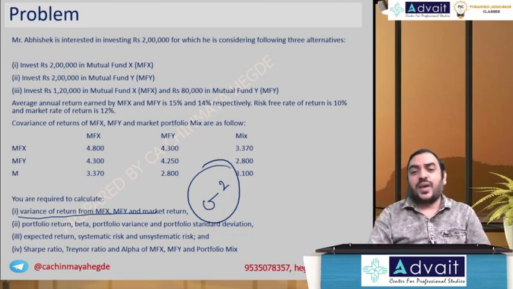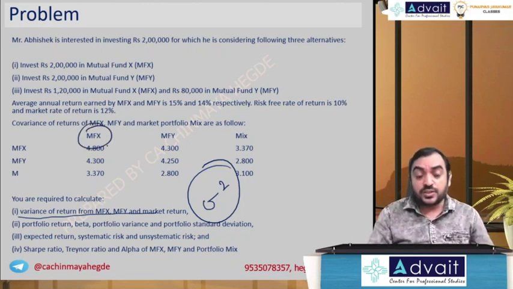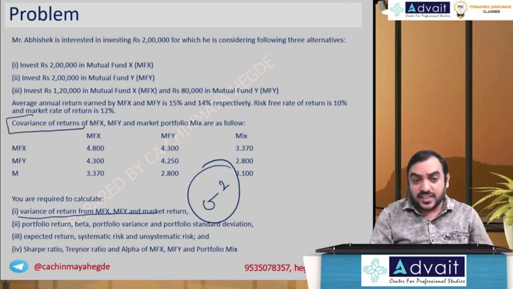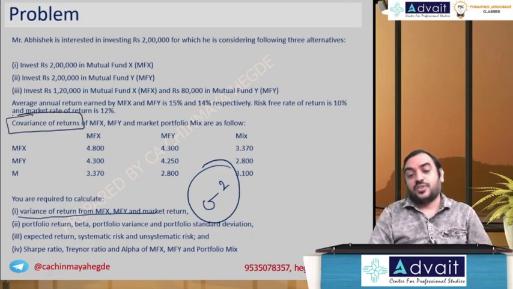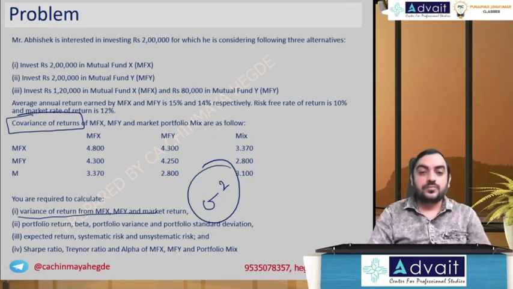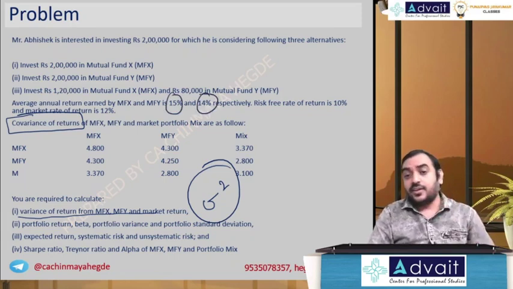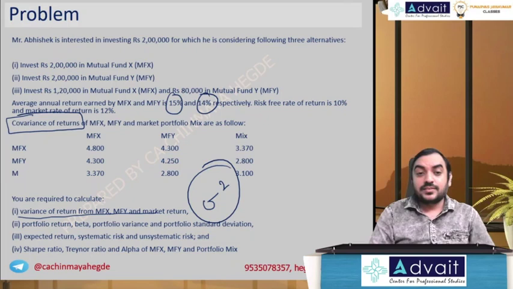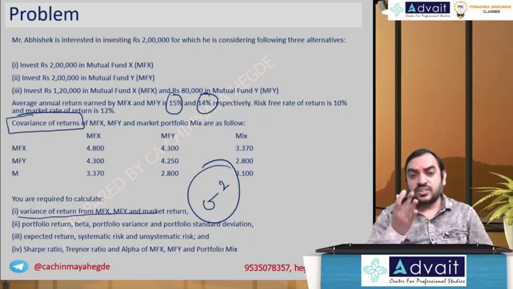Where is x values? Where is x minus x bar values? Sir, x values are here. X values, no. These are not x values. These are covariance returns. What is that? I'll come in a second. Then how do we calculate? Now we know x bar they have given 15, y bar they have given 14. You are right. Where is x values? This is covariance table. X bar is given. X value is only not given.